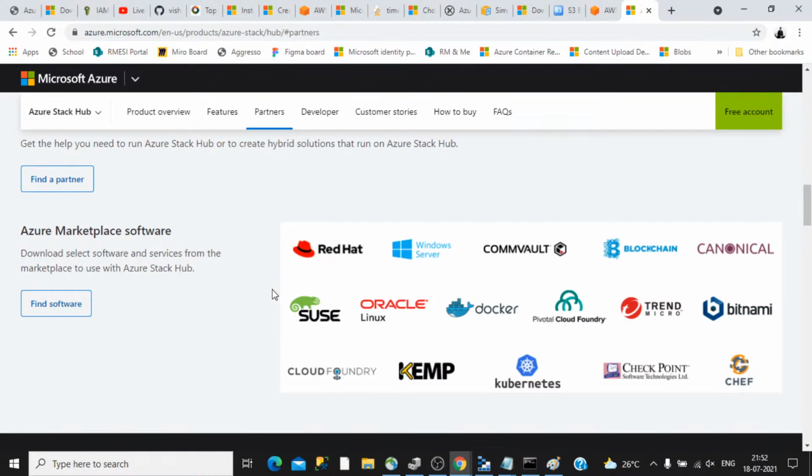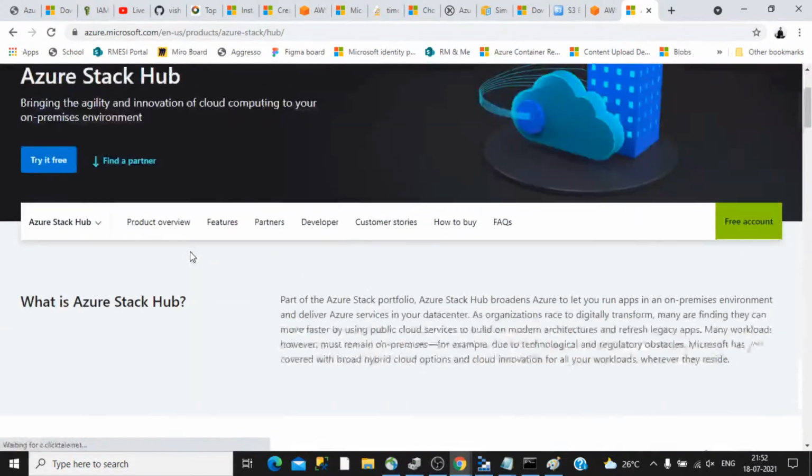That is not applicable for the majority of scenarios, but in case your application demands that it shouldn't access the internet, or you are inside a particular organization, like a submarine, and you don't have access to the actual internet because of the constraints of that environment, and at the same time you want to use all the features of the cloud, then you can go ahead with this Azure Stack Hub.